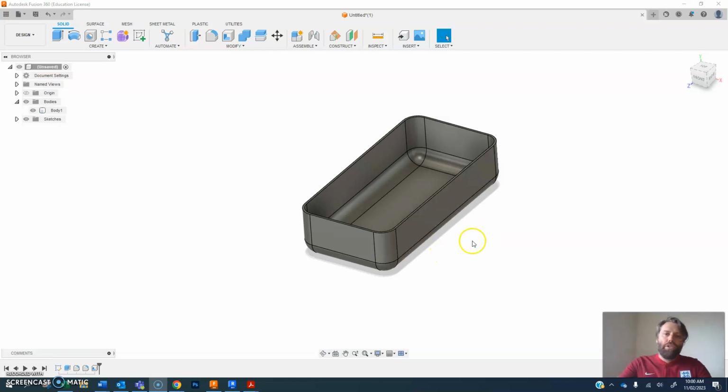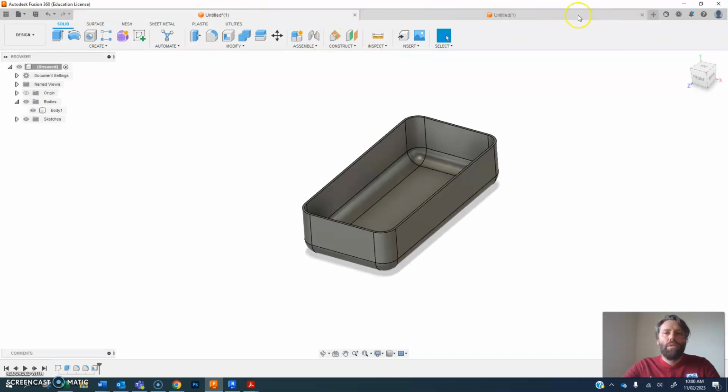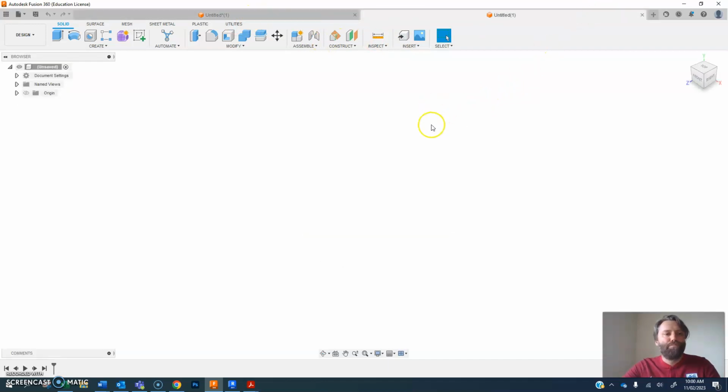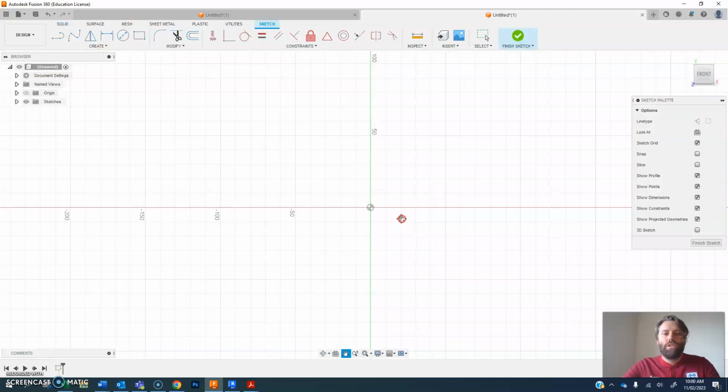So I don't always have to use the extrude tool to create shapes. There's a few other options that you can use to create three-dimensional objects. So I'm just going to create a new design, just a little plus icon there, and new tabs, and I can always go back to my other ones that I'm working on, open at the same time. So I'm going to create a sketch. I'm going to draw on a surface,